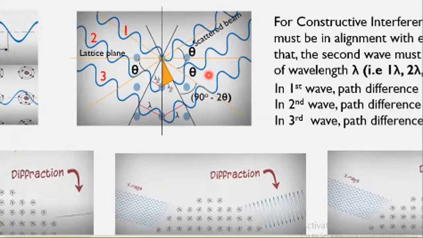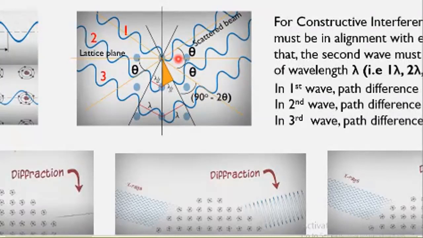Now, since we imposed the condition that all these scattered waves should be in phase, this line, which is represented by this black color, and this scattered beam are at an angle of 90 degrees, so they are perpendicular to each other, because we said that the scattered waves should be in phase. So we picked the same points on wave 1, wave 2 and wave 3 and drew a line on them. So this line and the directional line of all the scattered beams are perpendicular. So basically this angle is 90 degrees.